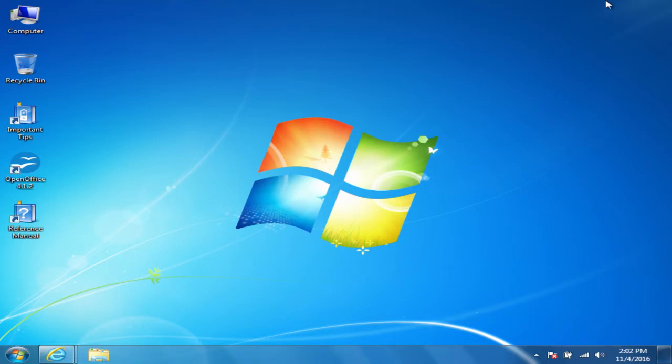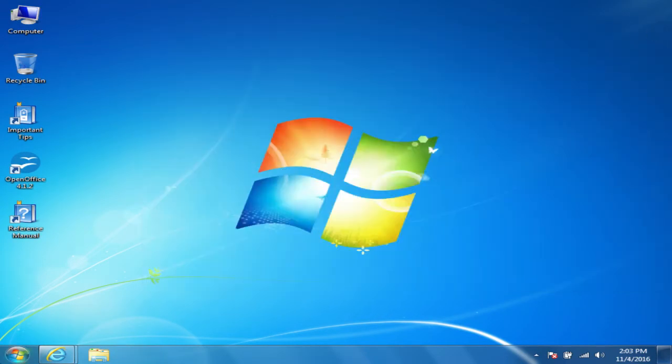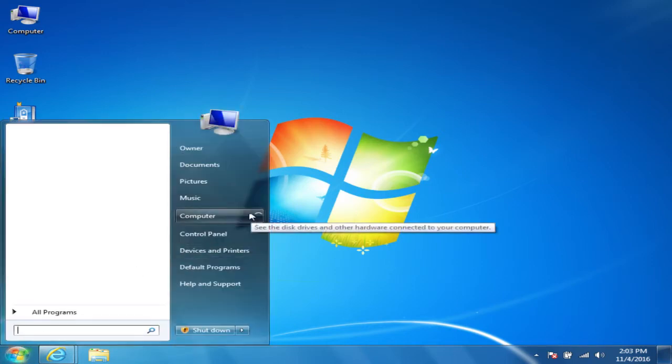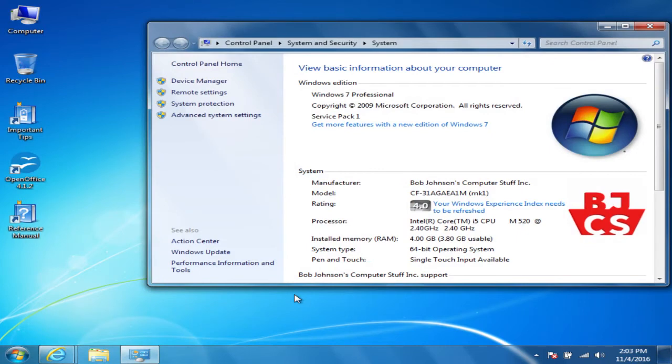To be able to tell what the specs of your machine are, you can open up the system properties page. There's a couple different ways to open it. One of the quickest ways is to hit the Windows key and the pause break key on the keyboard. Or if you don't know which keys I'm referring to, you can click on the start button in the bottom left corner, go to where it says computer, right click it, and then click properties. If you're not running Windows 7 like I am on this computer, you can still get to the system properties page. The steps are a little bit different, but you can still get there.